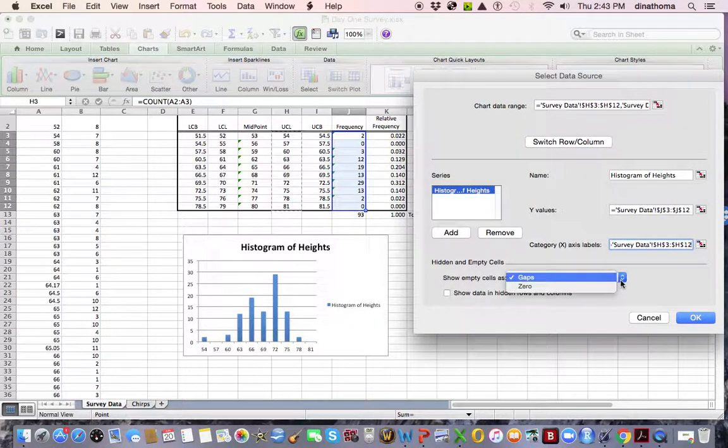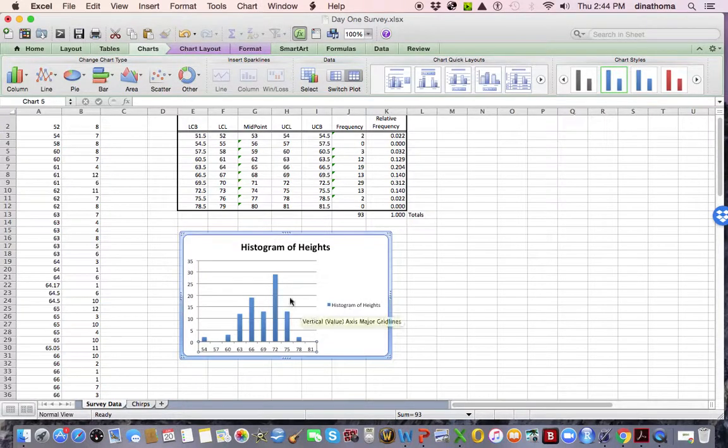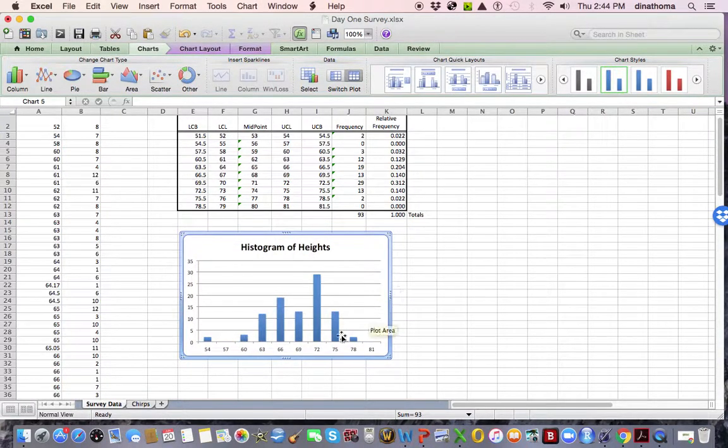I don't like gaps. If you do like them, you can have them. It's not right or wrong. Alright, so I'm going to put 0 gap. And I can hit OK. Now, because I gave it a title, I really don't need this out here, so I'll delete that. Oh, it didn't get rid of my gaps, even though I told it to. So another thing you can do,